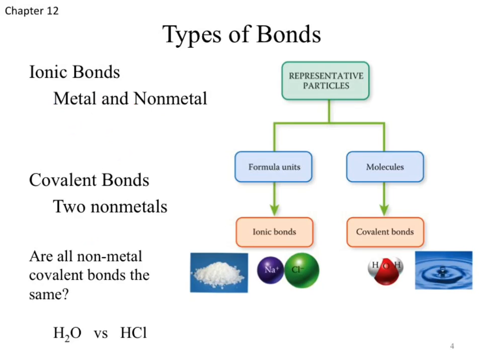That's where we're getting into this question: are all nonmetal covalent bonds the same? Okay, we just said we get polar covalent bonds as well. Does it make sense to have a different type of bond? Well, if we take a look at hydrogen being bound to different elements, hydrogen bound to oxygen, hydrogen bound to chloride, okay, do we get a different type of bond in that case? Well, to consider that, do we get different chemistry?